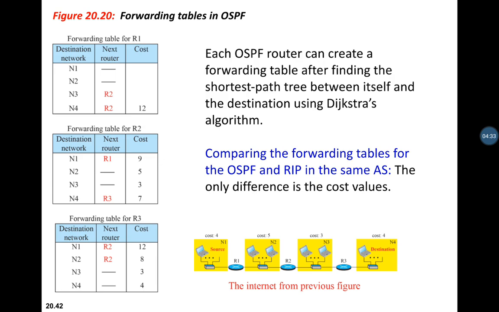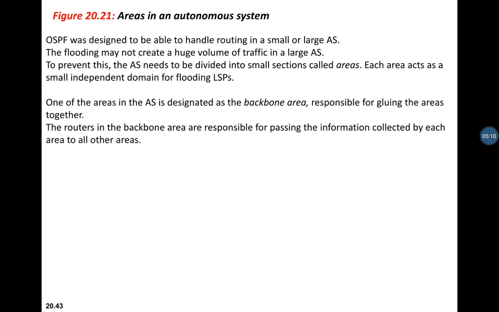Even here in the forwarding table for R1, cost entries are missing. So here also we can write for N1 from R1, the cost is 4. For N2 it is 5. For N3 we need R2 as the intermediate router, and the cost is 8. And for N4, R2 is the intermediate router, and the total cost is 5 plus 3 plus 4, which is 12. The rest of the entries have to be filled. Similarly for R3. So this is about the cost.